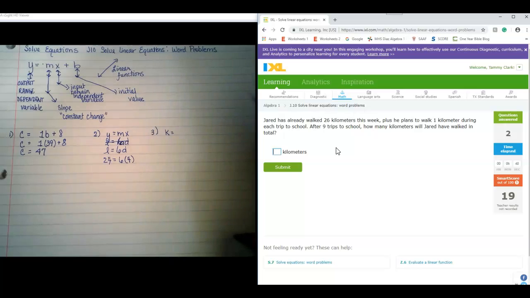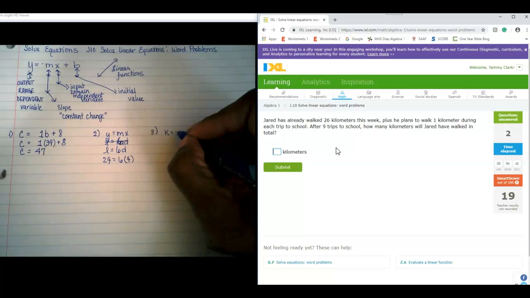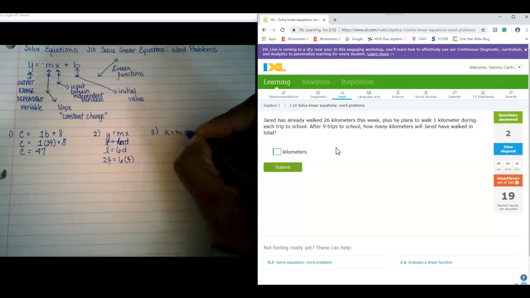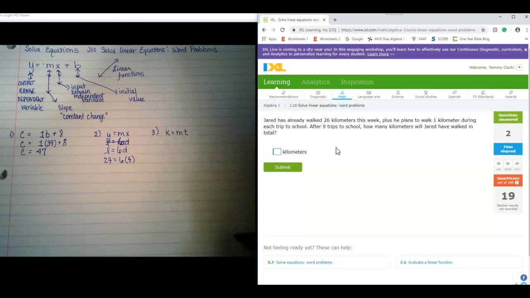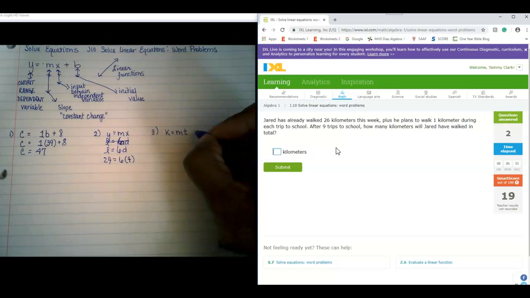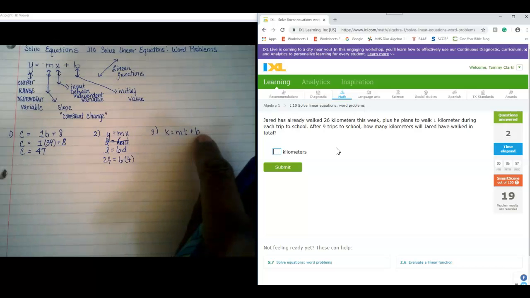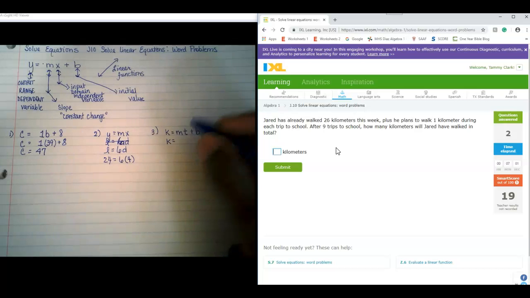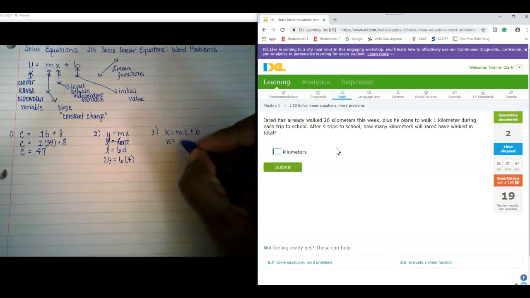What we know is that I'm going to use M for slope. I'm going to use T for trips. And we already know that he's walked this number of kilometers. So the kilometers is equal to 1,